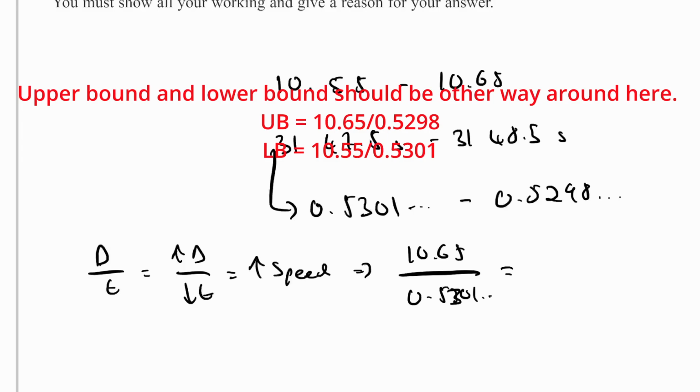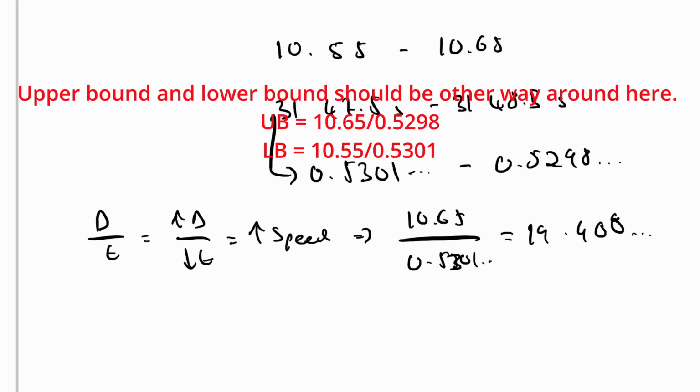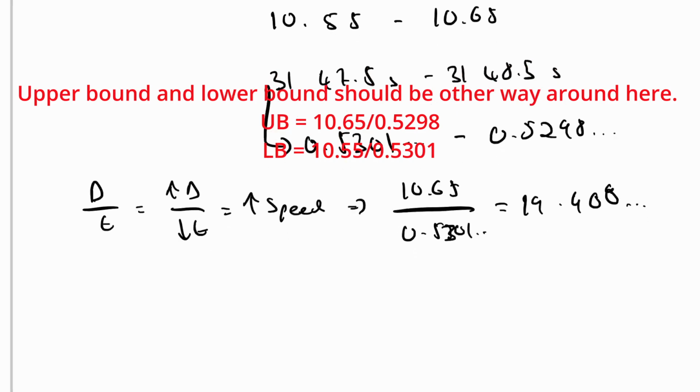and you put that in, and then you should get a bound of about 20.099. Sorry, the lower bound should be about 19.900. And then you do the same thing for the other bound, but you need to work out what quantities you need. So for the lower bound, the lowest possible speed, you need the lowest possible distance and the highest possible time, okay? And so you can plug those in again. So you just do the lowest possible distance, 10.55, divided by the highest possible time, which you worked out was